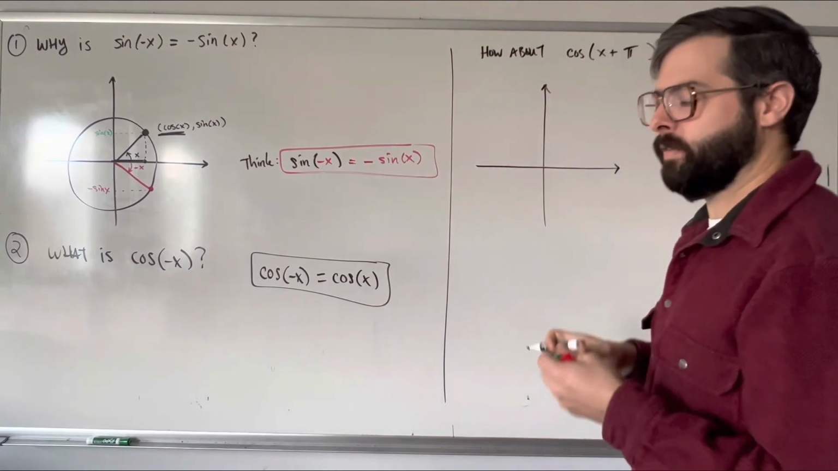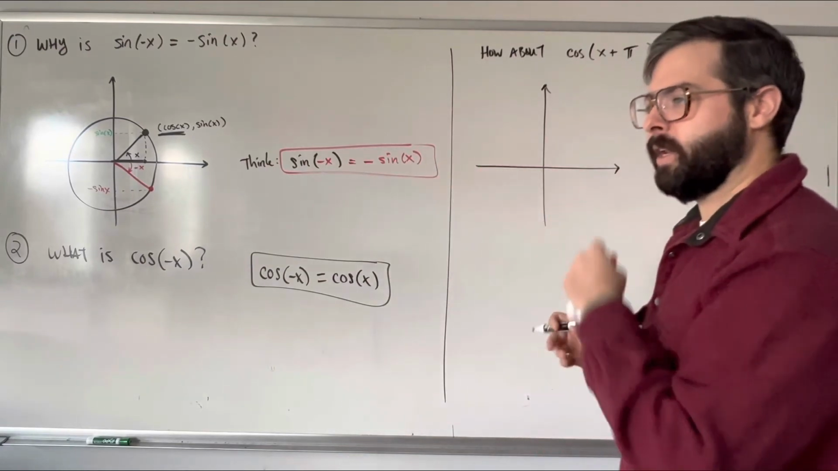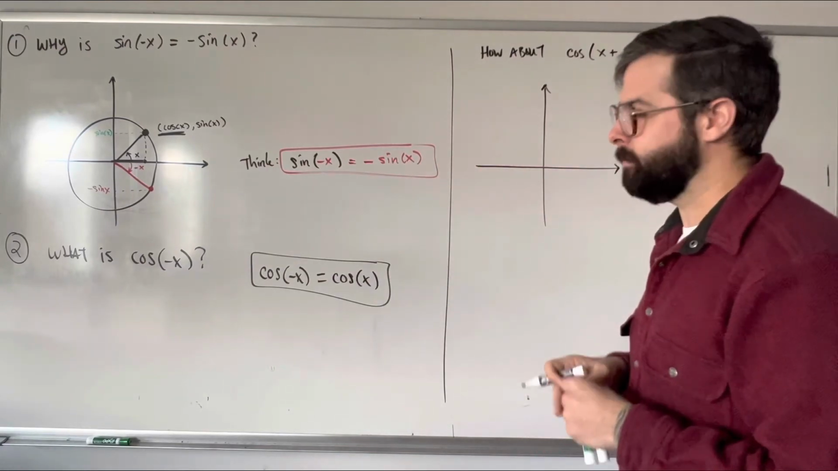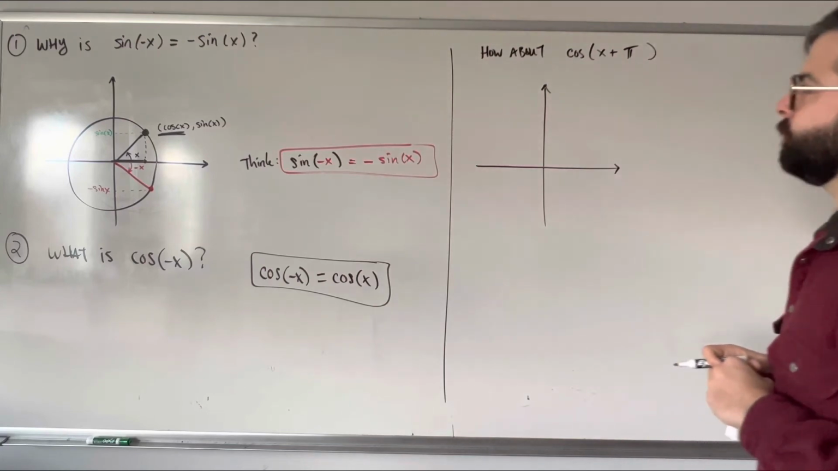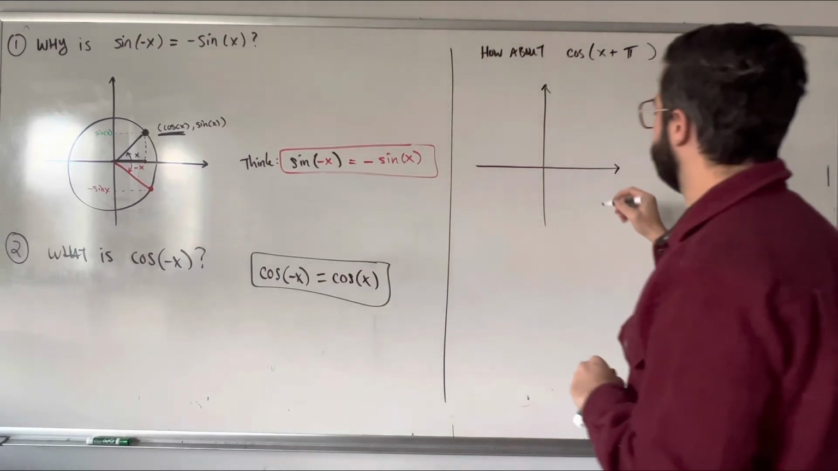I honestly think if you memorize what it looks like on the circle and what the periodic graphs of sine and cosine look like, you're really not going to have that much trouble in trig, period, all the way through calculus. So, anywho,